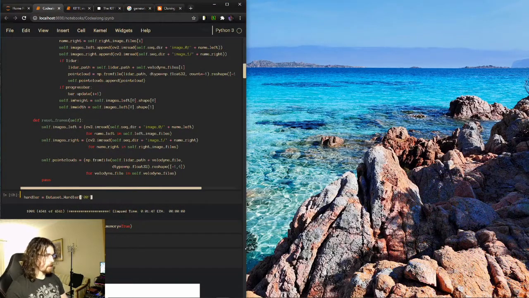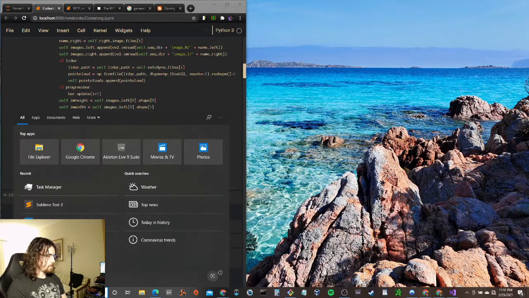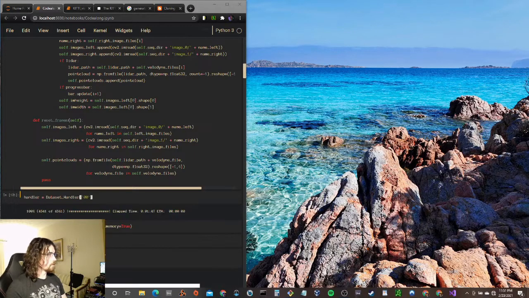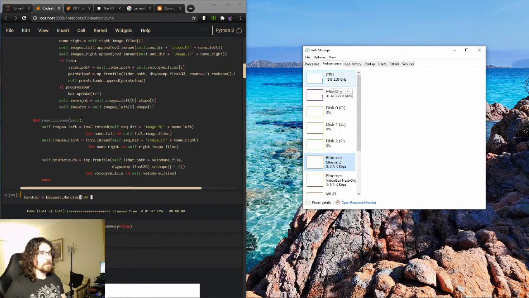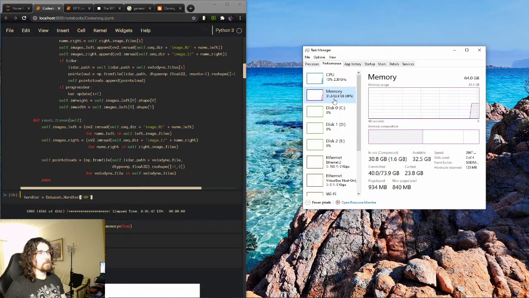If we look at my task manager and go over to performance, we see that I'm using 31.3 gigs of RAM right now, because I have 64 in this laptop, but a lot of people aren't going to have that much, and most notebooks, even nice ones, are going to have like 16 unless you modify them. So in order for people to follow along with this,